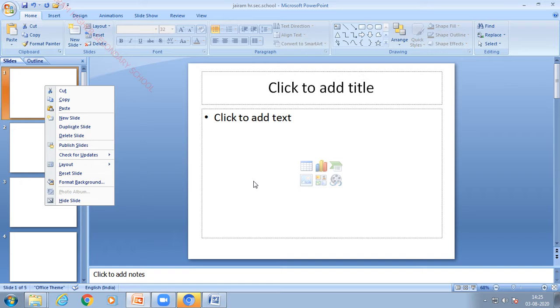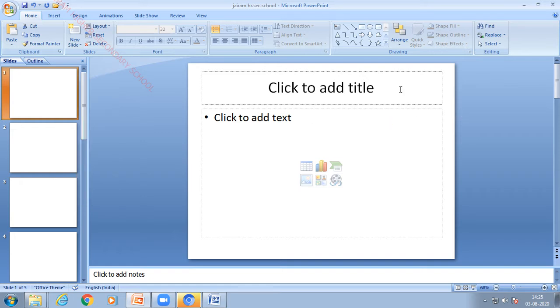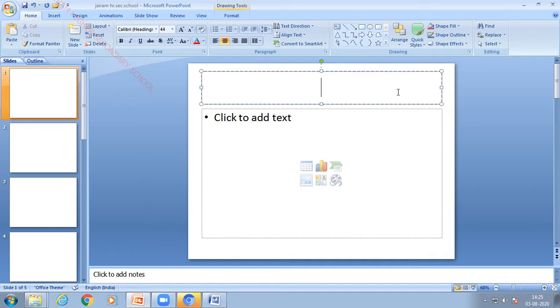First of all, I will tell you how to start a presentation. First you have to type any text. So I am going to type introduction, or I am going to type computer. In our previous session, we have learnt about the selection methods, how to select the text by keyboard, how to select the text by mouse, everything we have learnt. So I hope you had a practice in that. I don't want to go so deep. I'm just selecting the text and I'm going to apply some formatting options here.